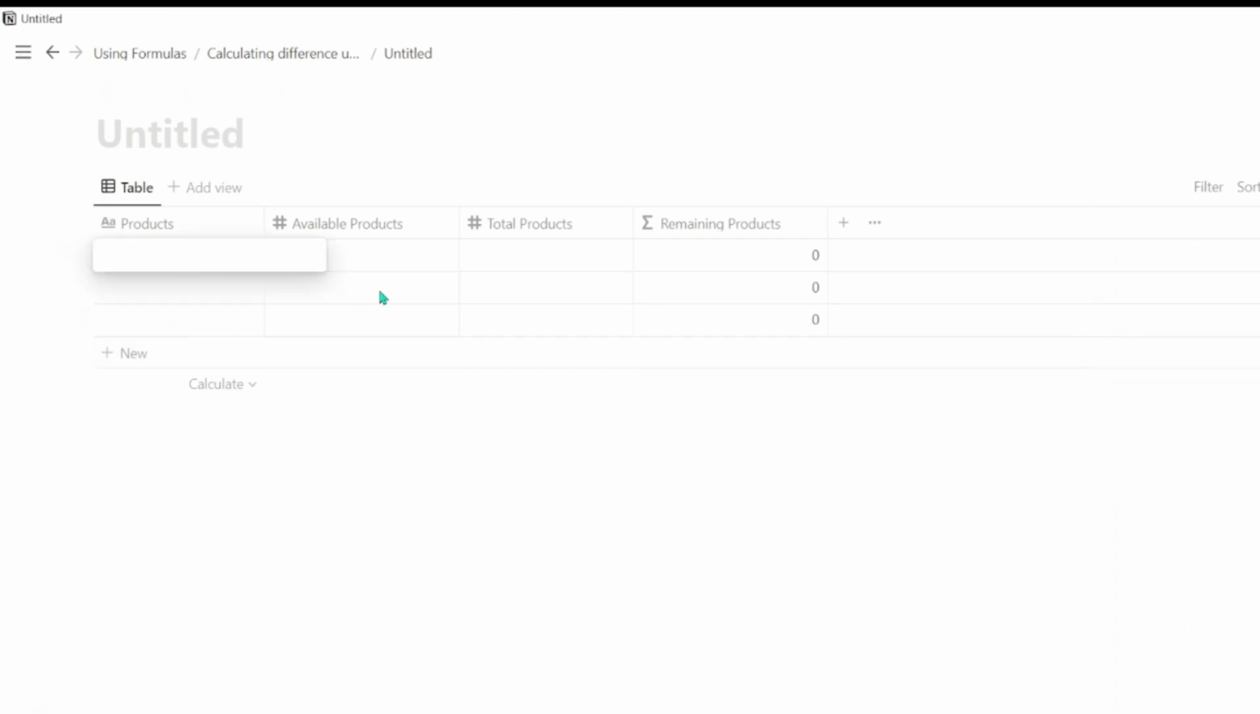So let's suppose we have a product called bag, tea bags, and then laptops. I'm just assuming different numbers, and let's suppose we have got 20 bags, and tea bags we have 5. For laptops we have got 2,